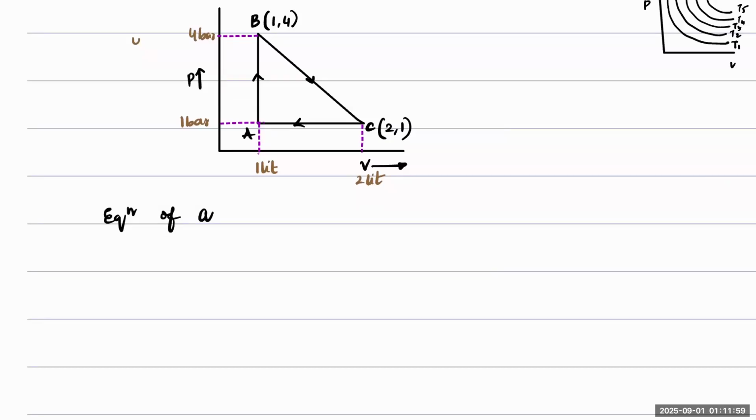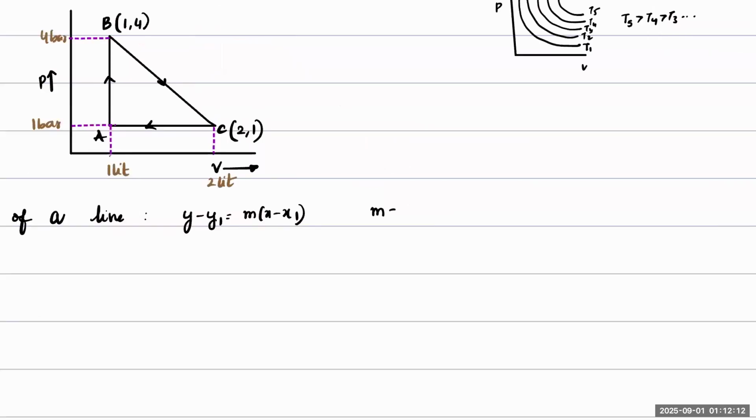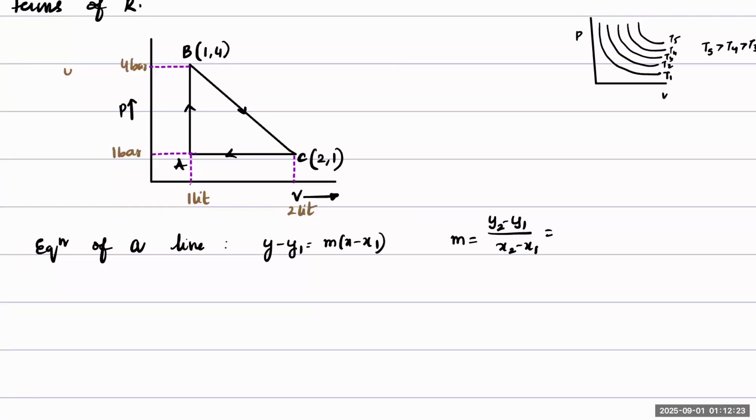The equation of a line will be y minus y1 is equal to m into x minus x1, correct? m being the slope. So the slope value will be equal to how much? y2 minus y1 by x2 minus x1. And how much is y2 minus y1 here? y2 is this one, 4. y1 is this one. This is y2 minus y1. So 4 minus 1 by x2 minus 1. So that makes it